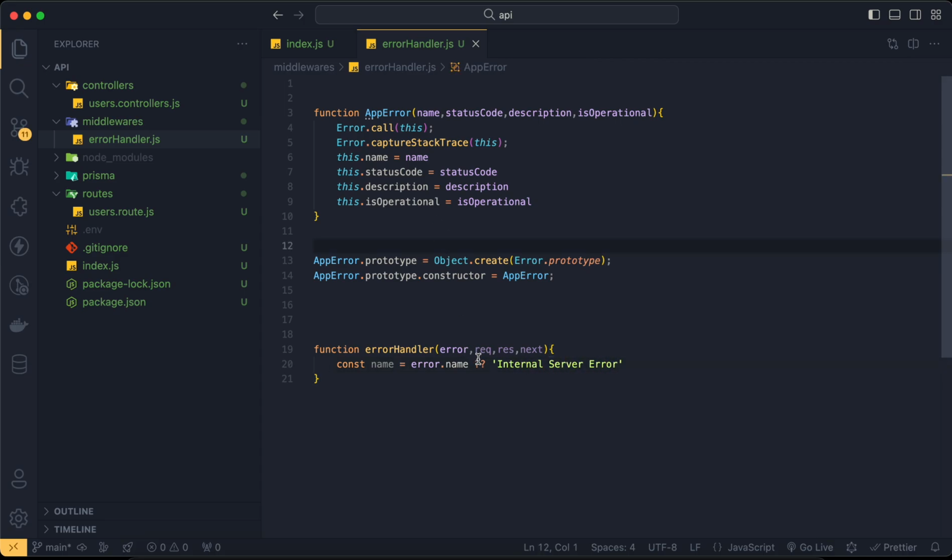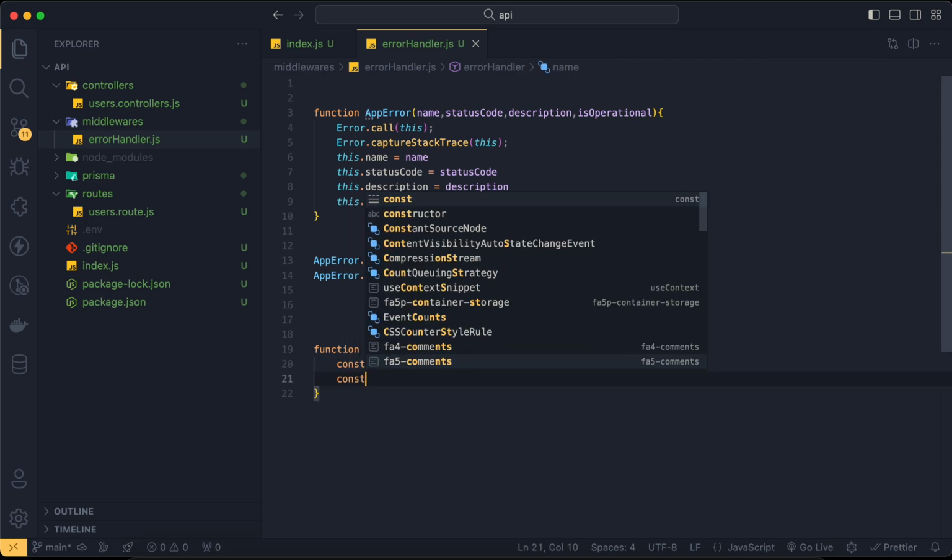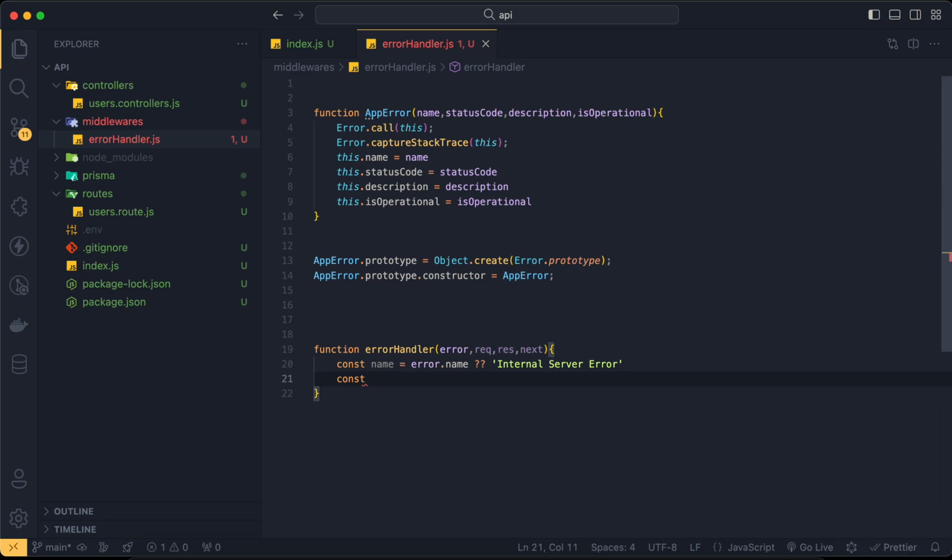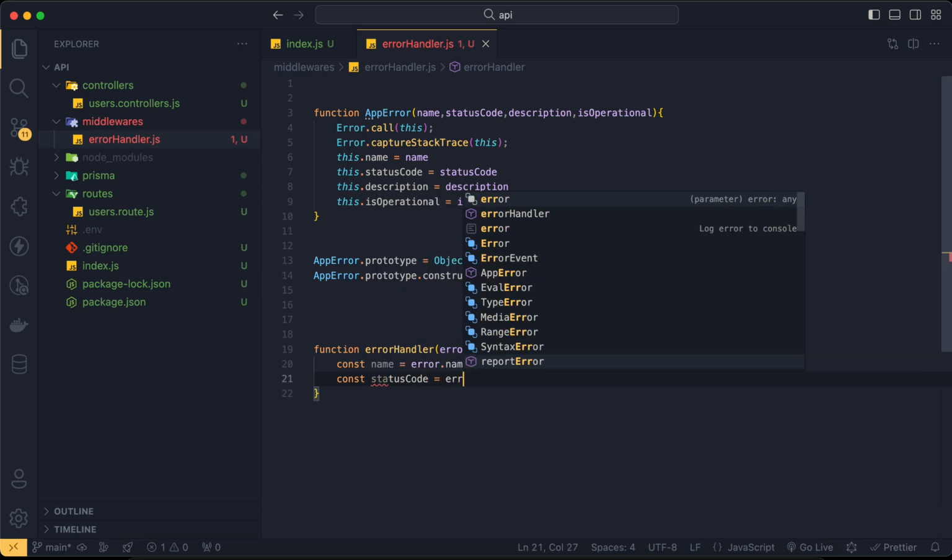And what this operator is basically telling us is, it's telling JavaScript to look for the name property in this object, and if that's not available, set the value of this variable to the value on the right hand side, which is this one. So I'm gonna define the rest of the properties. Status code is equal to